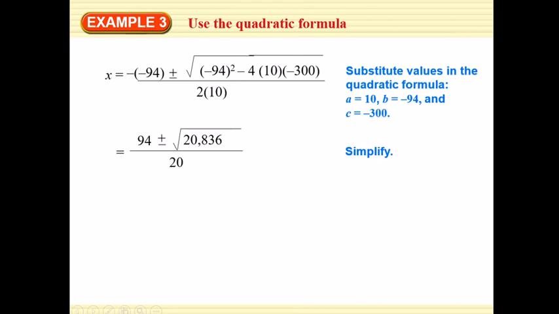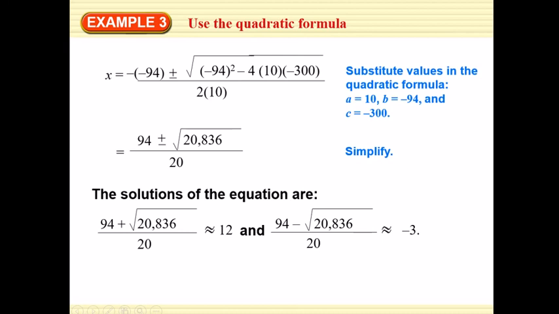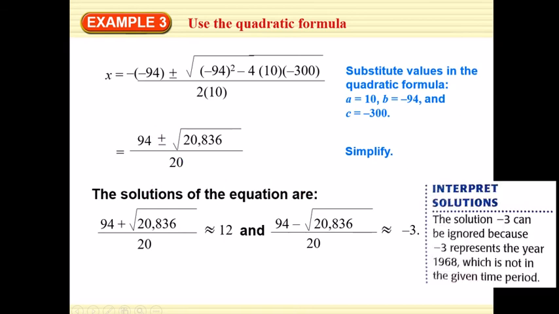Alright, and when we look at taking the square root, it doesn't come out evenly, but we do want to split the two options into the plus or minus, and we get approximately 12 when we take 94 plus the square root of 20,836 and divide that by 20, and then we get approximately negative 3. So, the solution negative 3 can be ignored